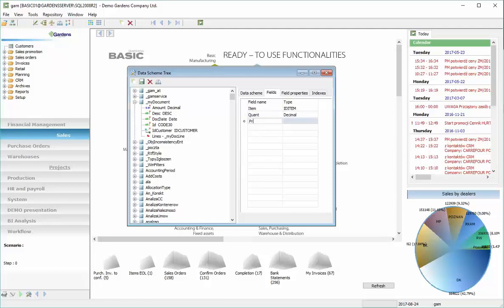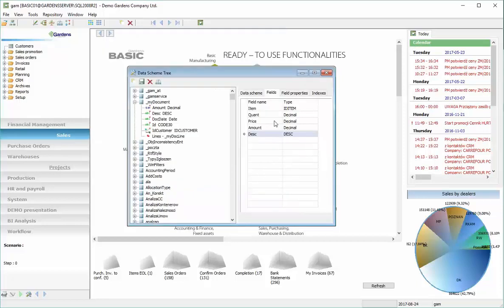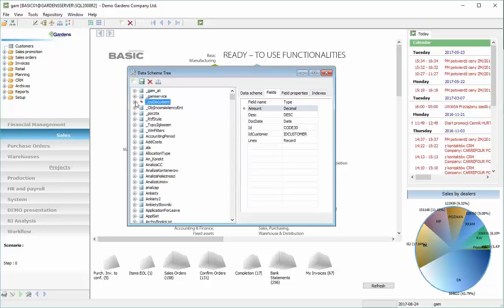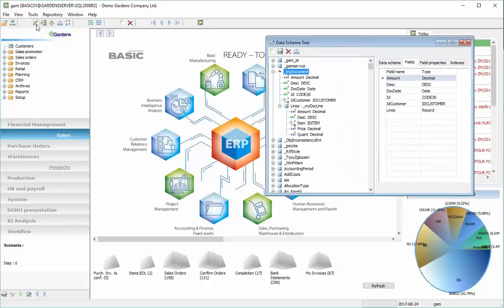quantity, price, amount, and description. So now we can save that data schema tree, which will update this structure to SQL, and we have ready data schema tree. And now we can open